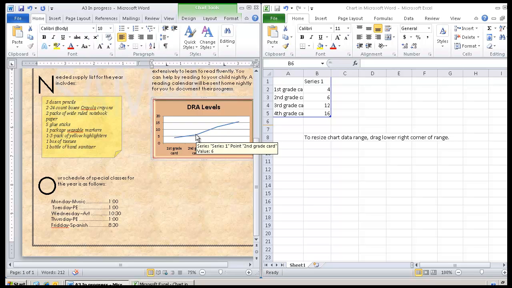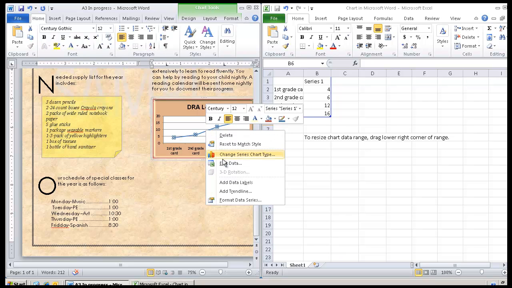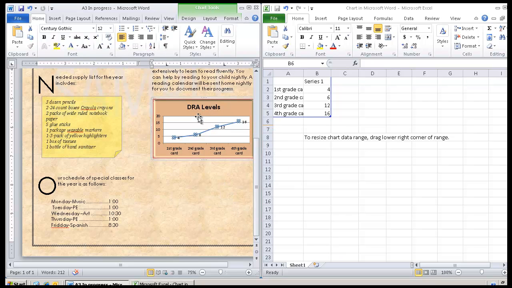I'd like to work with this line just a little bit to add data points, data labels. So what I'm going to do is click on it. Click on the line, then right-click, and you will see Add Data Labels, and that will put the numbers